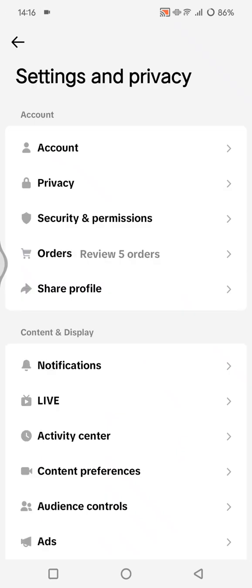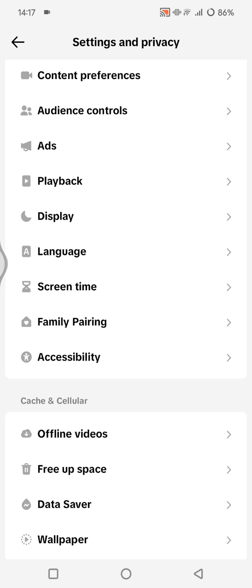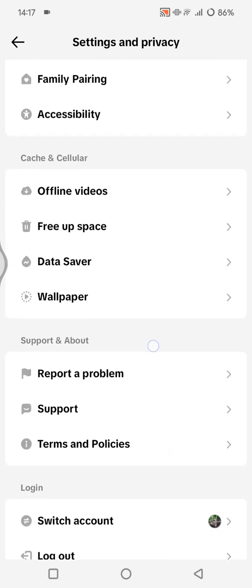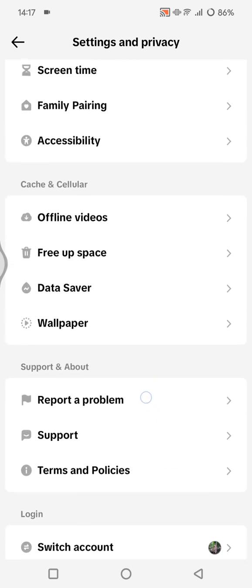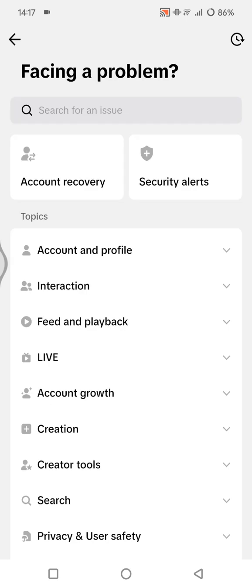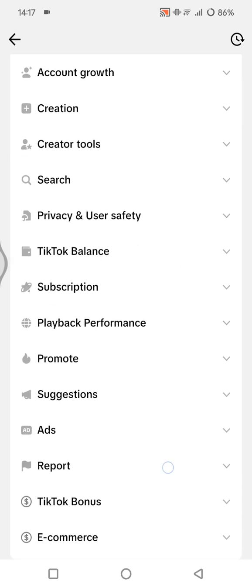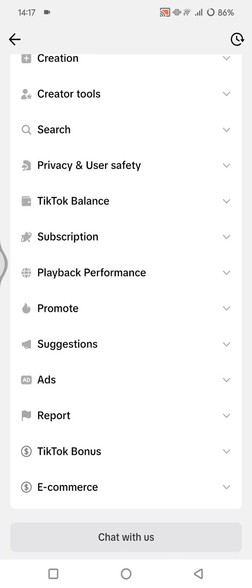then go to the settings and privacy. Now next, in here you can just scroll down until you find the support and about section, and there will be this report a problem. So tap on that. Then here you can just scroll down again until you find the chat with us option. Tap on that